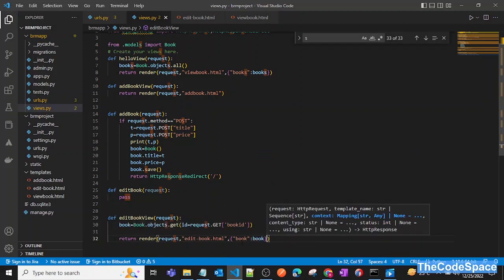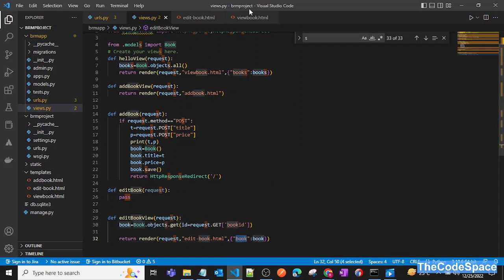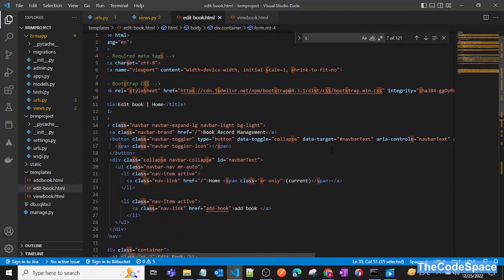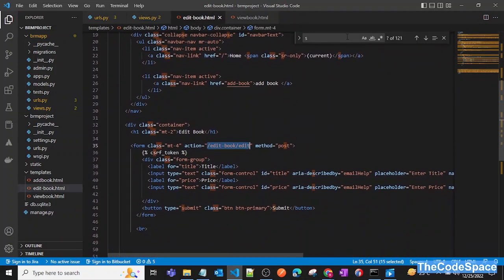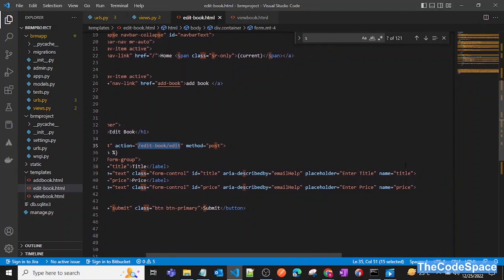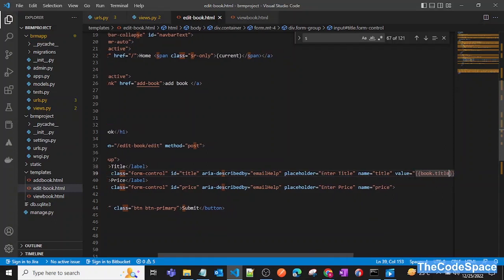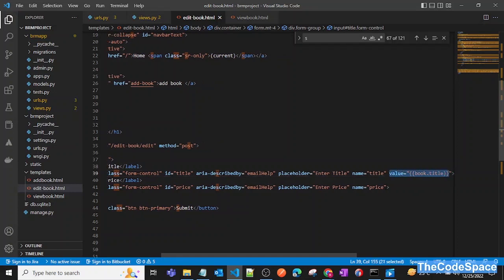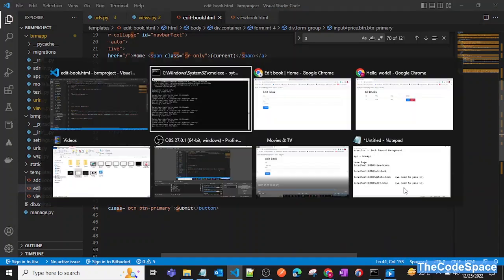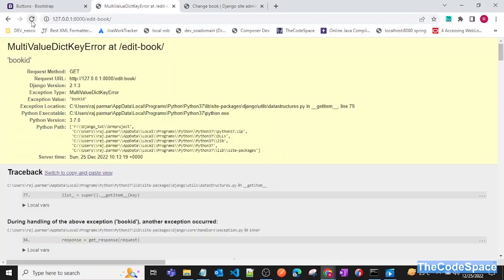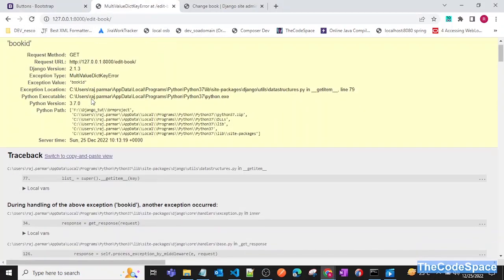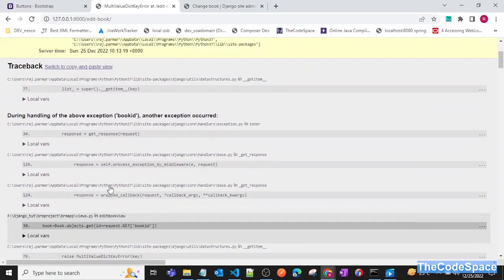Okay, so now we will use this variable, and now we'll go into edit book, and now in this we'll say value is equal to book dot title, and similarly for price we will pre-fill the value as book dot price. Okay, so now let's refresh this. So multi value text. Okay, so book ID,